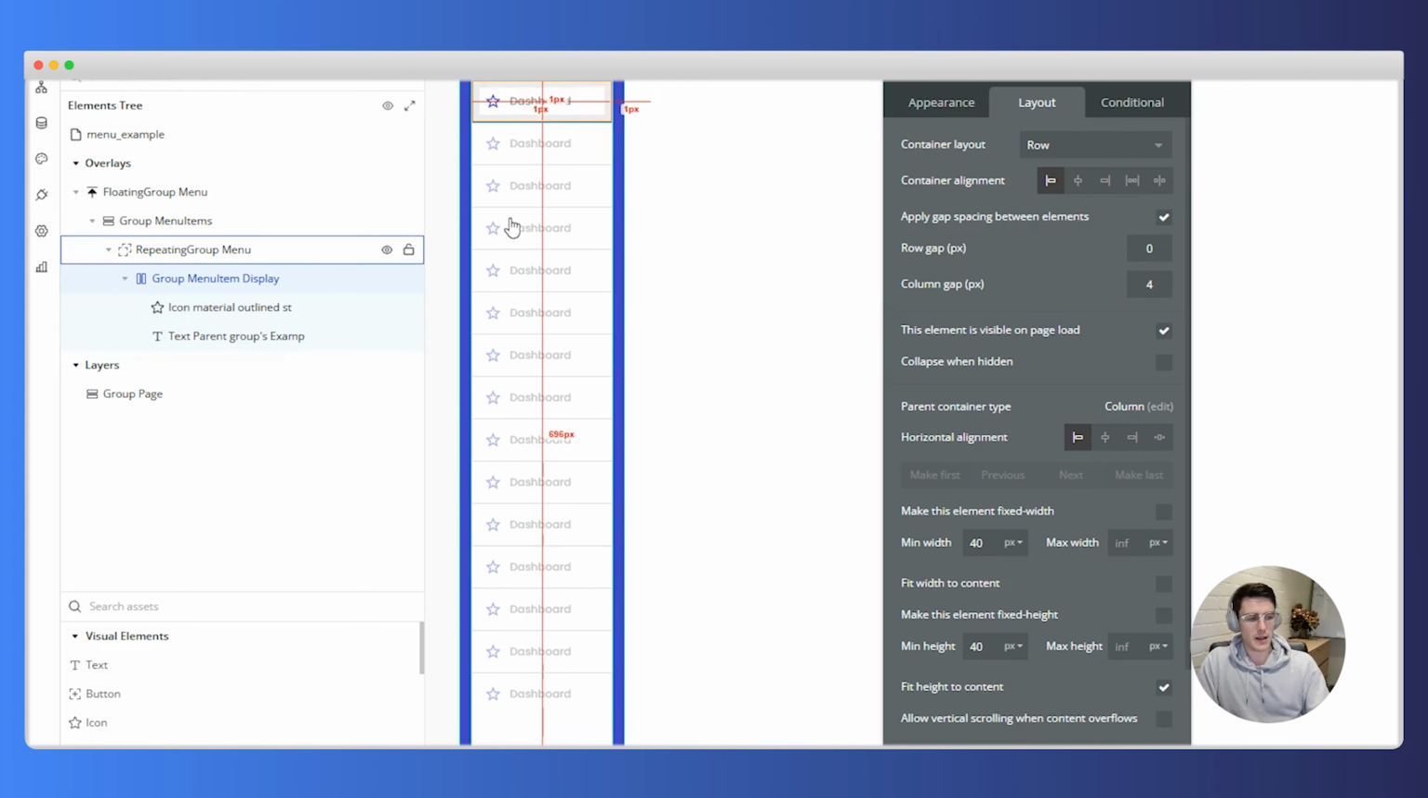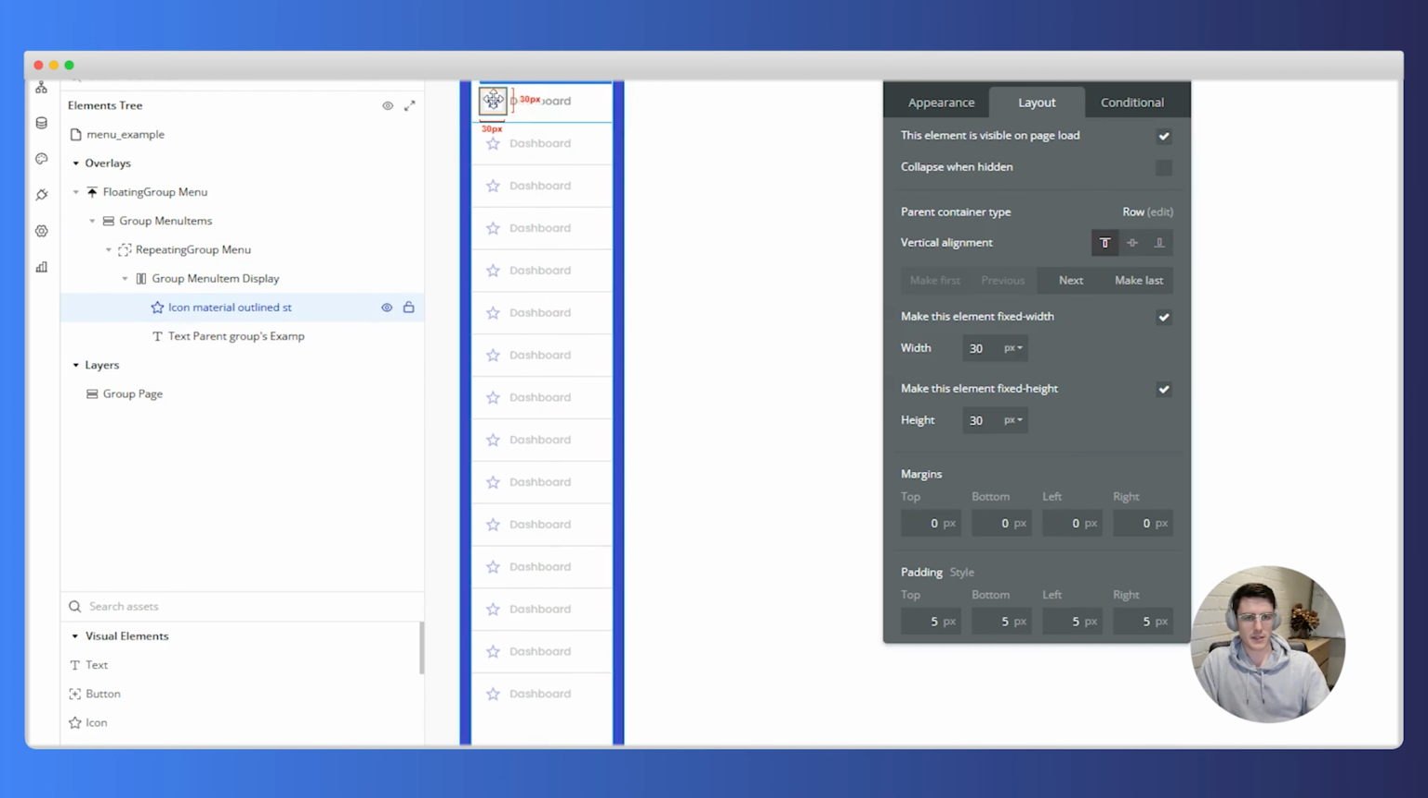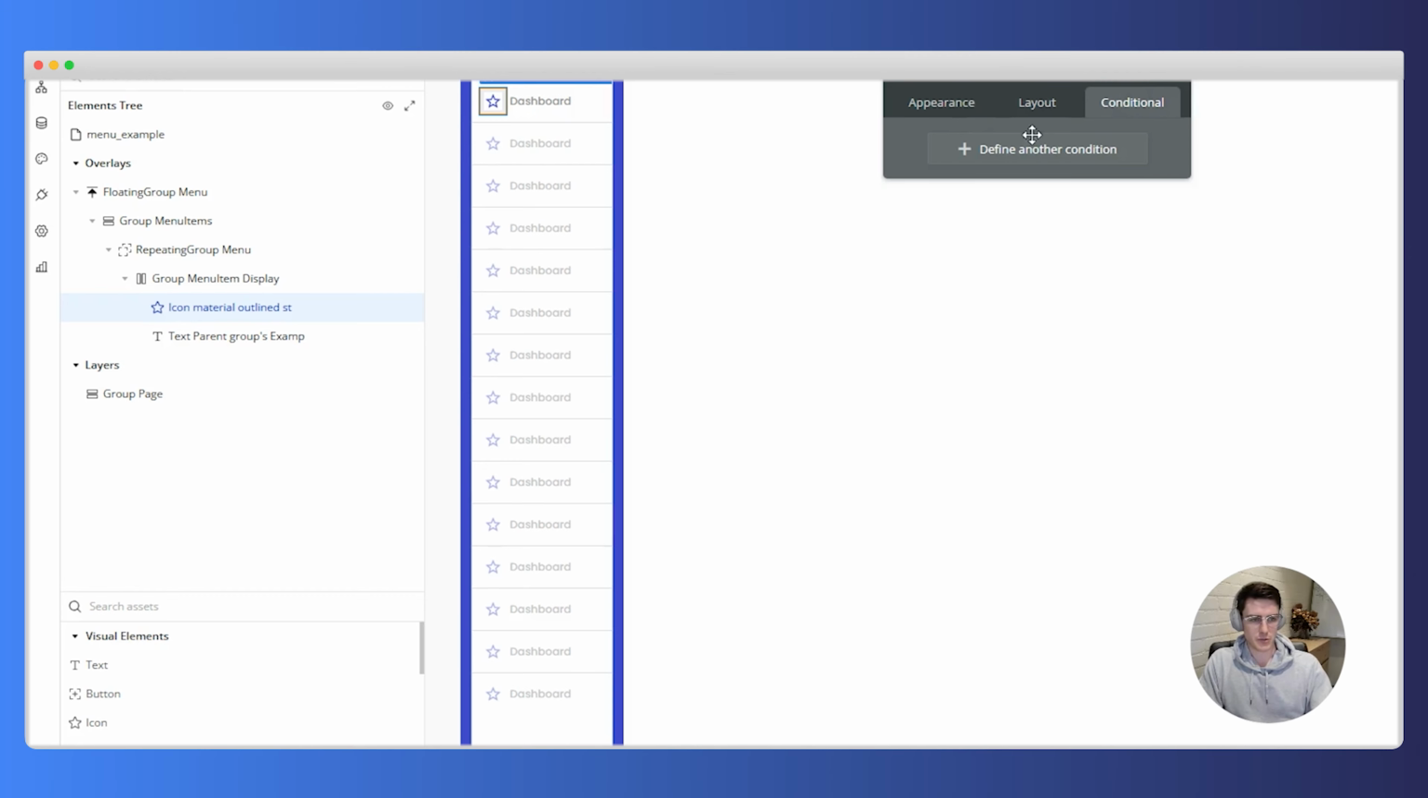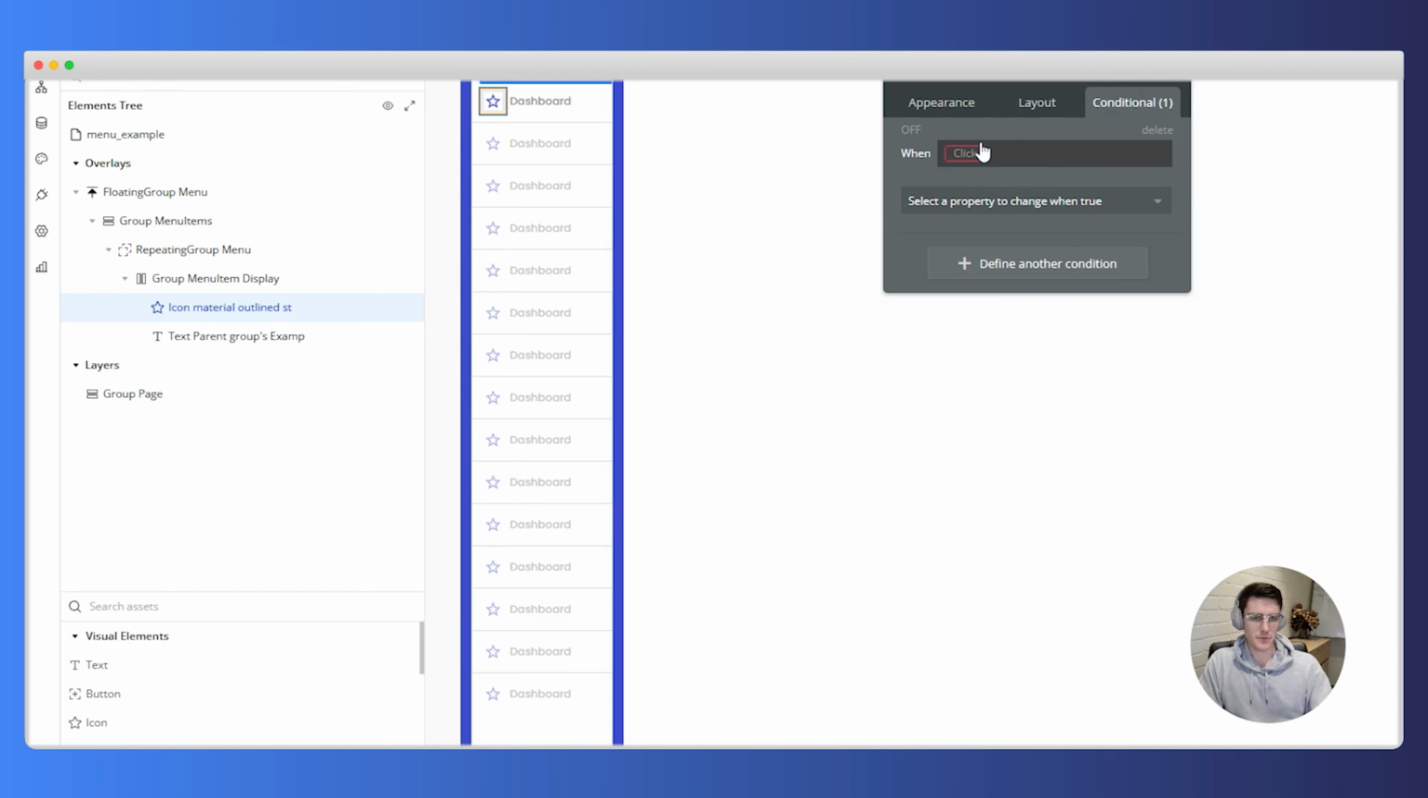And from there, we can now start to use conditional expressions to actually customize what this icon is. We don't even need to change this icon here. We just have to click on the icon, go across to conditional expressions, click the conditionals tab, click define another condition, and say